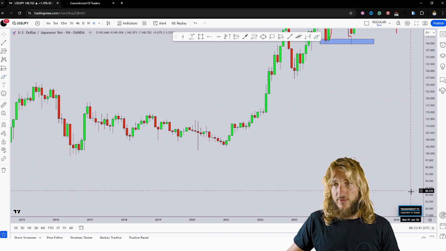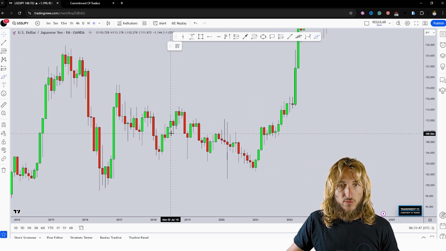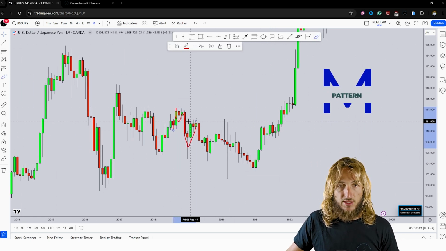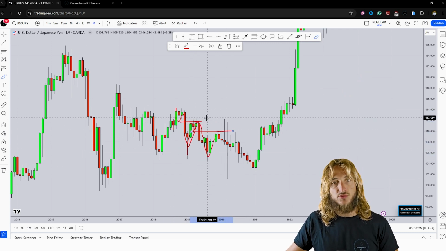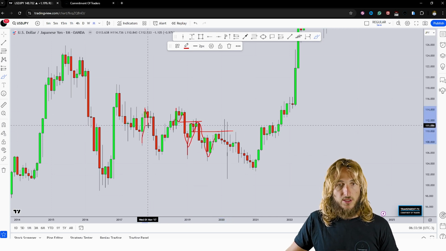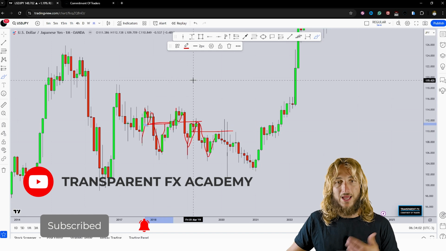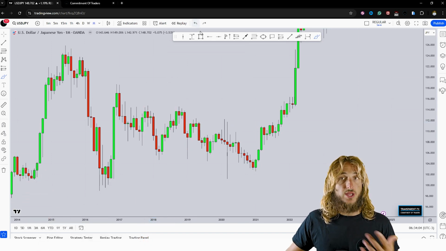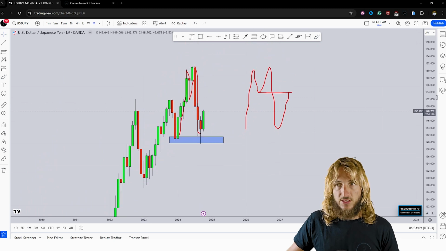Let's see if we find, for example, an example of this pattern. We can see one clearly here. We had the creation of this M pattern. The market then went and completed the pattern at the neckline. We can see another one here. The market then went and completed the pattern at the neckline. So also another one here. So as you can see, this is a pattern that the market likes to create over and over again. So it's not every time but there is an increased probability when there is such a pattern of seeing a potential